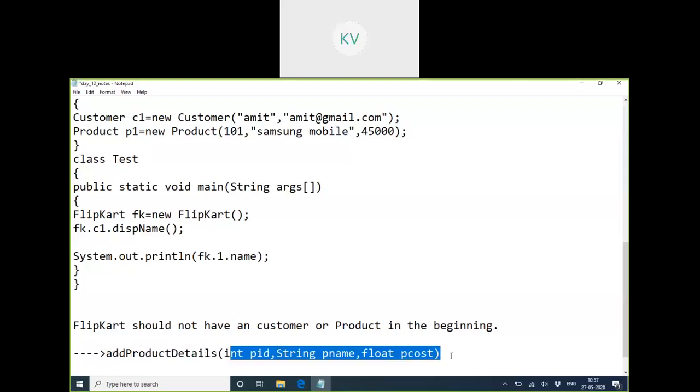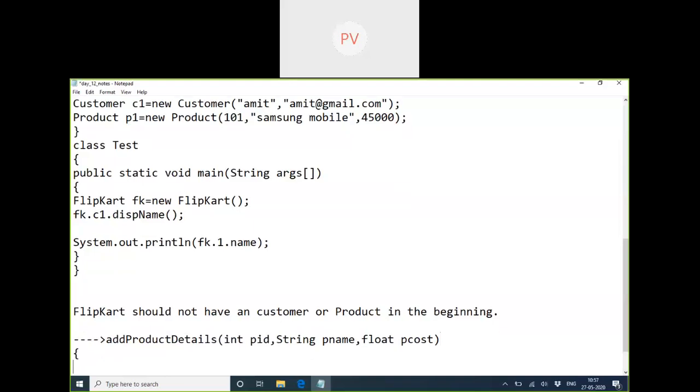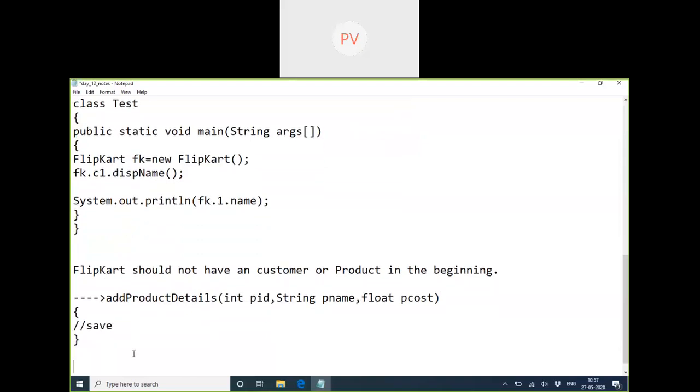So by this, what should happen inside this? He has just filled the form. Just by filling the form, everything will not happen automatically. The coding should be done behind this method code. So what should this do? This should save these details